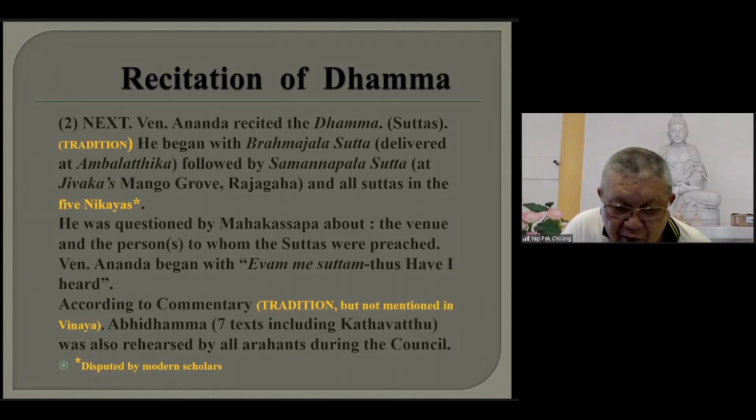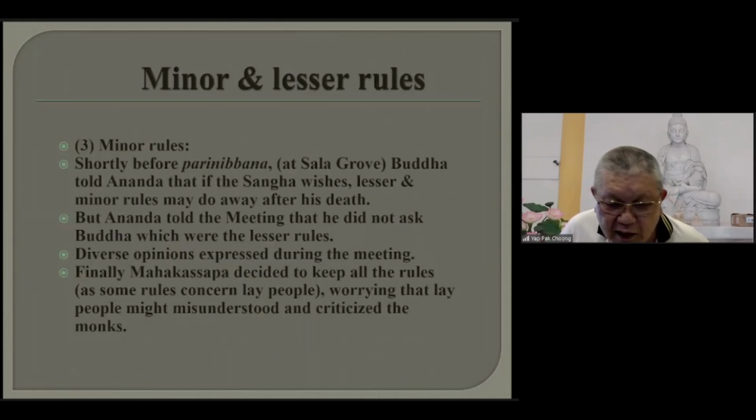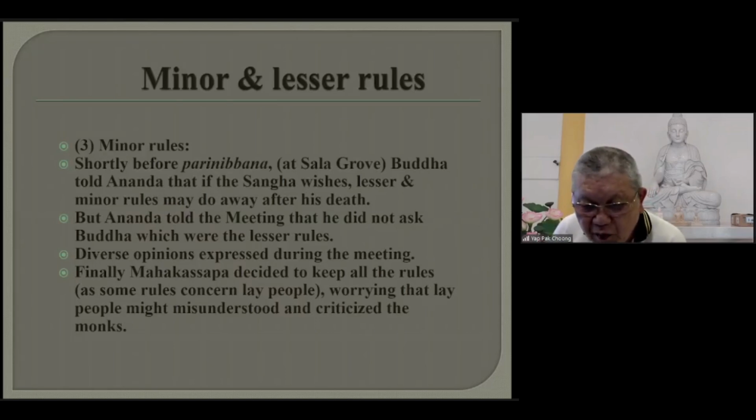So after Upali and after Ananda, what happened? Then they come to the third agenda, regarding the minor rules. In the meeting, Ananda informed the rest of the Sangha. He said, before his Parinirvana, Buddha told me, while traveling from where? From Vaisali to Kusinara, before his Parinirvana. In fact, during that period of three months, it is mentioned in the Parinirvana Sutta that Buddha told